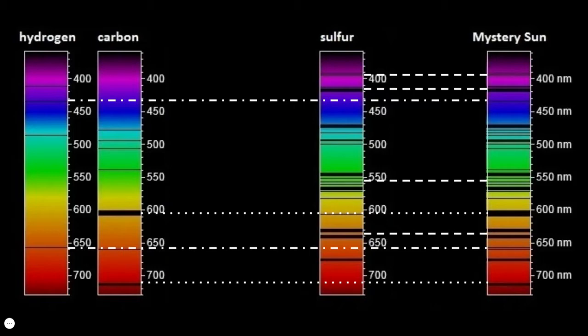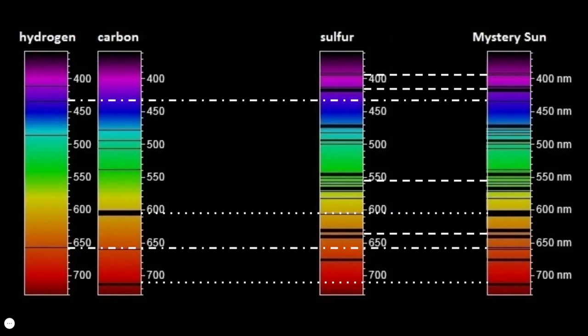What we see in Mystery Sun number 3 are the elements hydrogen, carbon, and sulfur. Again, we're looking for distinct banding patterns. What's challenging about hydrogen is that its spectrum is not particularly interesting. The only band that it has that really makes it stand out from the rest of the elements is that band near the top between the 400 and 450 nanometer mark. It's very faint, so it's hard to see.